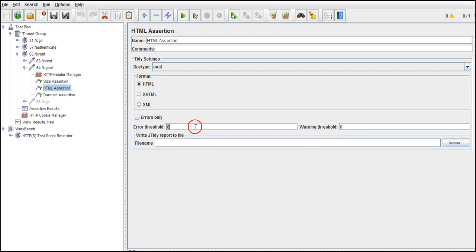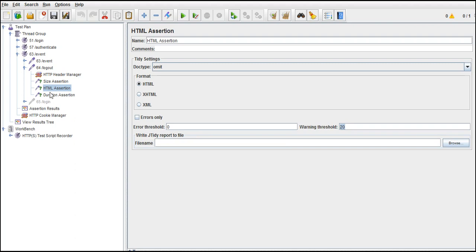If you say 5 errors, it will not throw an error until 5. After 5 it will show an error. For warnings also, if you give 20 warnings, till 20 warnings it will not throw an error. Let's keep errors at 0. If you get even one error, it's a matter. Warnings let it be there till 20. We are not bothered about warnings. So more than 20 it will throw an error, right?